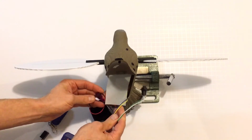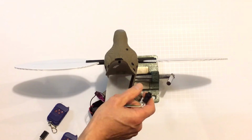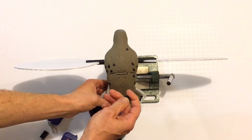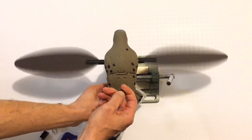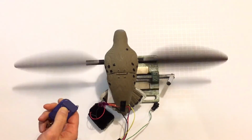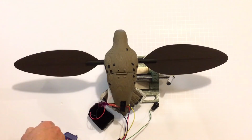Now you can also use the timer without, let's say, a timer feature. You can just make it a remote control switch, so you can activate some other functions in some decoys, just turning on and turning off. So if we would set our timer and we would push the button and turn it off, now the timer is set to only be on. So if we push the button, it will be just on. Push the button again, it will be off. So you can use it as just a remote control for some other, maybe